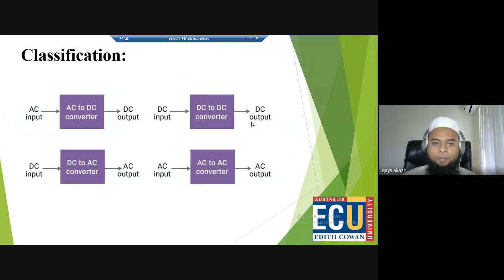In this perspective, this power electronic device has been classified into several groups. For instance, AC input to DC output, DC to DC output, DC to AC output, and AC to AC output. Now, one of the common questions is why we are using this DC to DC output or AC to AC input or output,